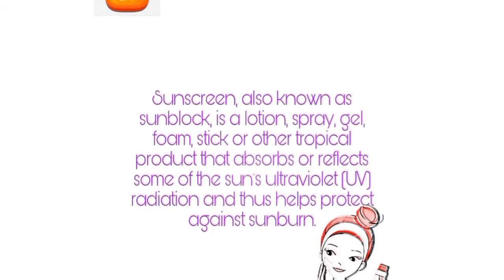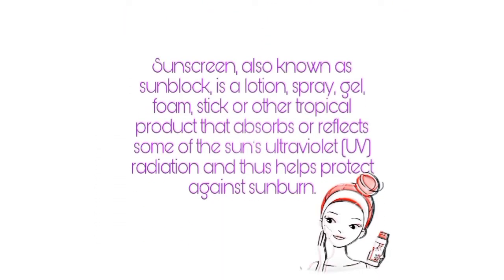Today let's study about sunscreen which is used in our daily life. Sunscreen, also known as sunblock, is a lotion, spray, gel, foam such as expanded foam lotion or whipped lotion, stick or other topical product that absorbs or reflects some of the sun's ultraviolet radiation and thus helps protect against sunburn. Diligent use of sunscreen can also help to slow or temporarily prevent the development of wrinkles, dark spots, and sagging